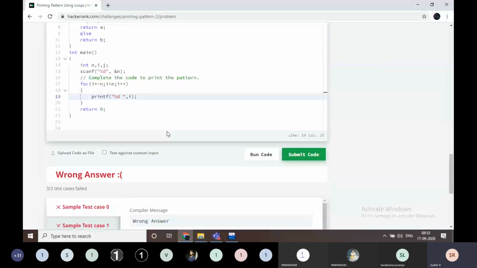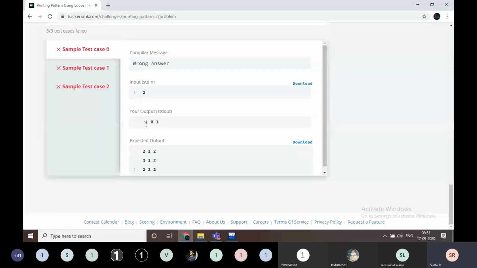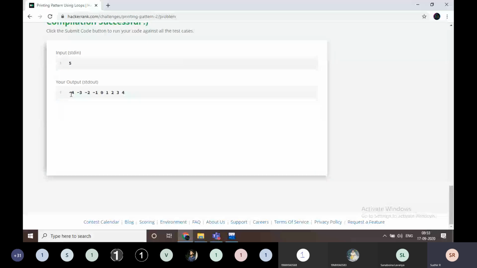But I want here, how many times am I going to print? n plus 1 I am going to print. I want to decrement one thing. Yes, that's why 1 time, 3 times. For example, if it is 5, I am going to execute it again. Just look at, I am going to start at minus 4 and stop at 4 here. How many times is it? 1, 2, 3, 4, 5, 6, 7, 8, 9.